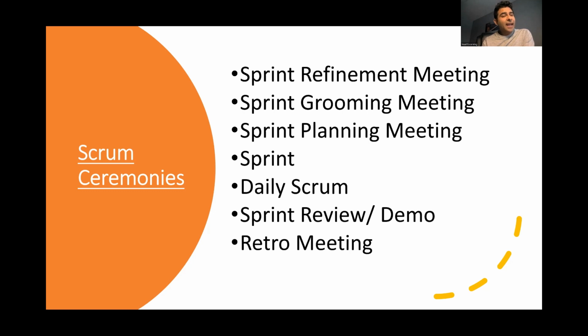Daily Scrum happens every day, normally at 9 o'clock every morning. Here the entire team comes together, product owner, BA, Scrum Master, developer, lead developer, QA, and they answer three questions: what they did yesterday, what they are going to do today, and whether they have any difficulties. Daily Scrum is a really great way for the entire team to discuss any questions or queries. It's a 15-minute session where you can ask any questions.